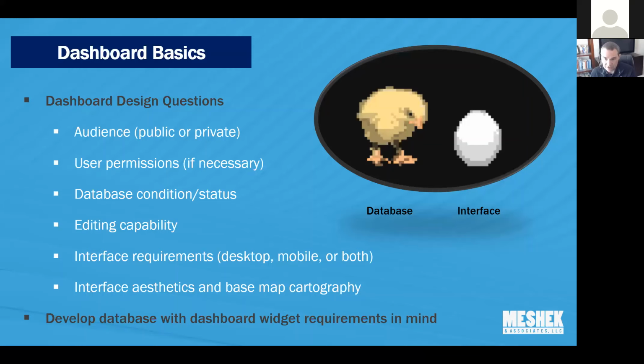If you can get your database in a good condition early on, it will really help your dashboard on the front end. And that's why this graphic here, this chicken or the egg. Do you develop how you want the interface first, or do you develop your database to match the interface? And that's kind of the ongoing question we'll ask as we walk through the rest of this presentation. Editing capability. If you want to be able to edit features in a dashboard, you really are limited